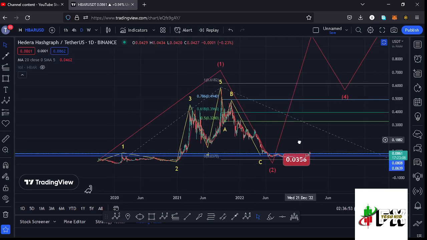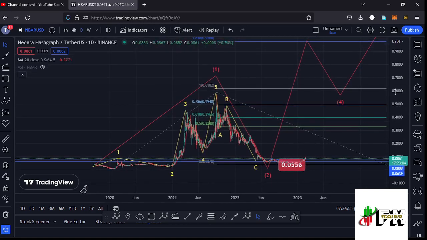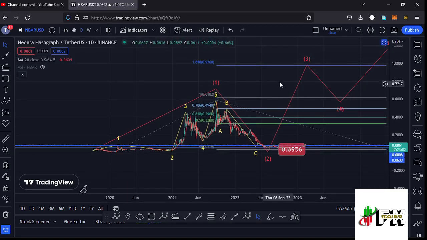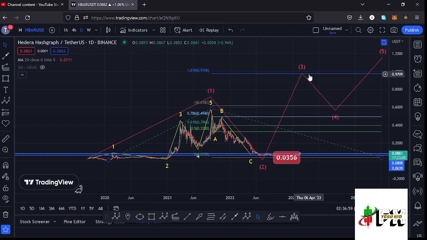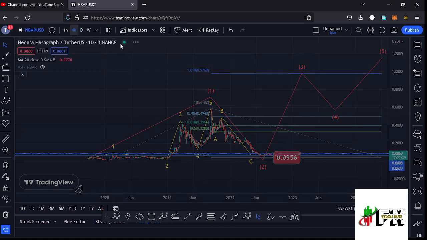And after seeing the low for that second wave, whatever we expected next is a massive bounce to the upside in the formation of this wave 3, and this is what I'm expecting here on the long-term scenarios, having the minimum target area to the upside in the formation of that wave 3 at the fib level 1.618, and that is at around the $0.9768 mark, and that is the minimum that I'm expecting that wave 3 to the upside to do.